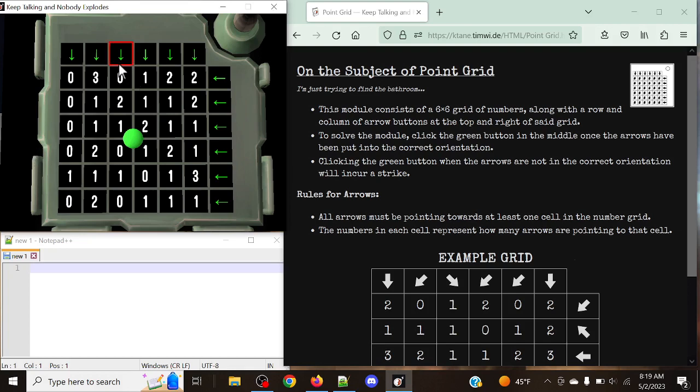This is the way the module looks. What we have here is a series of arrows surrounding the outer bits of the module, and on the module we have a 6x6 grid of numbers and a green submit button in the center of the 6x6 grid. So what we're going to be trying to figure out is not what these numbers are going to be, but rather what these arrows are going to be pointing to. And we need to determine their directions by rotating them 45 degrees each time and figuring out which way works